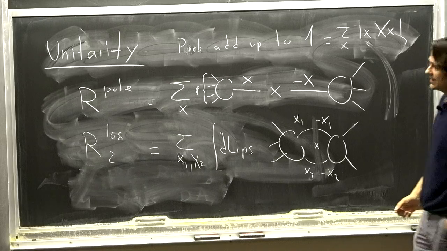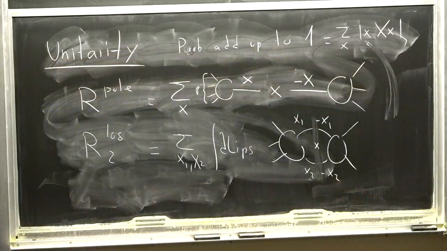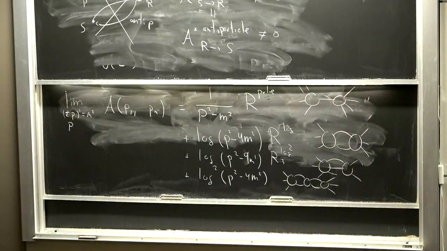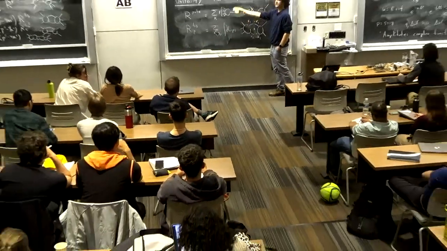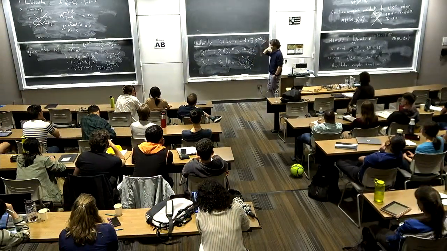And the statement is that because anything can happen, I scatter this particle here, anything can come out, it can rescatter. I'm just inserting this one and resolving everything that can happen as every possible state that can propagate between the first scattering process and the second scattering process. Okay.